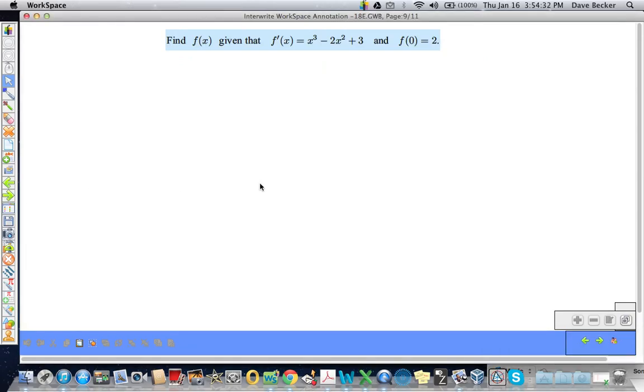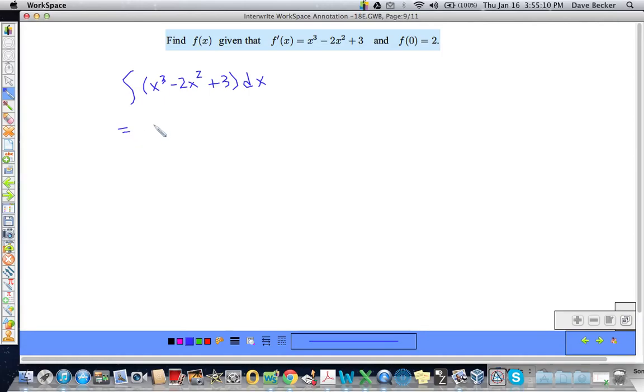Hopefully this will be fairly short. Now we're being asked to find f of x given the derivative and a value of the original function when x equals 0, and that is equal to 2. Well, to undo the derivative, I find the antiderivative. I integrate. So all I have to do is integrate the derivative to get the original function. So I'm going to take the integral of x cubed minus 2x squared plus 3 dx, and that hopefully is